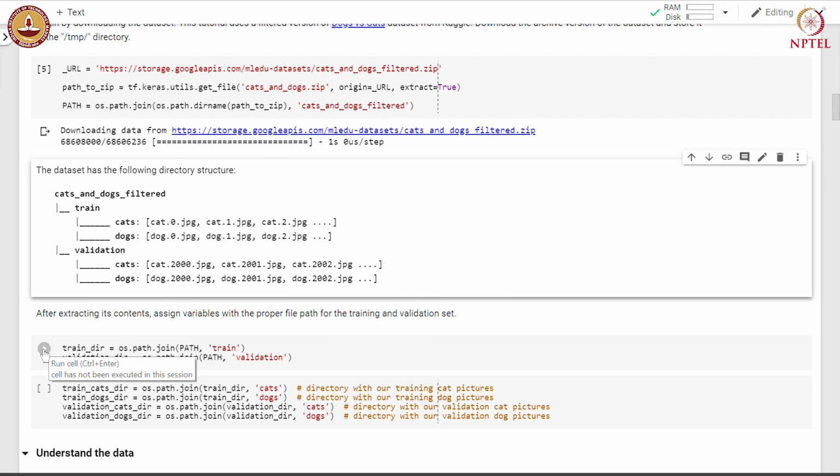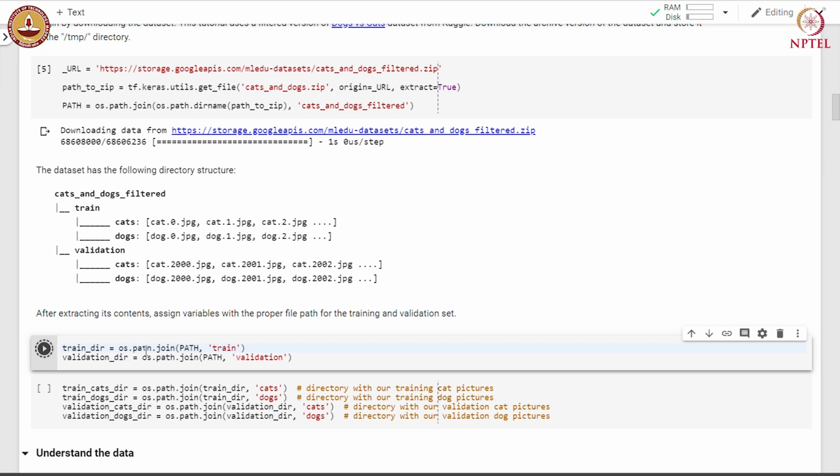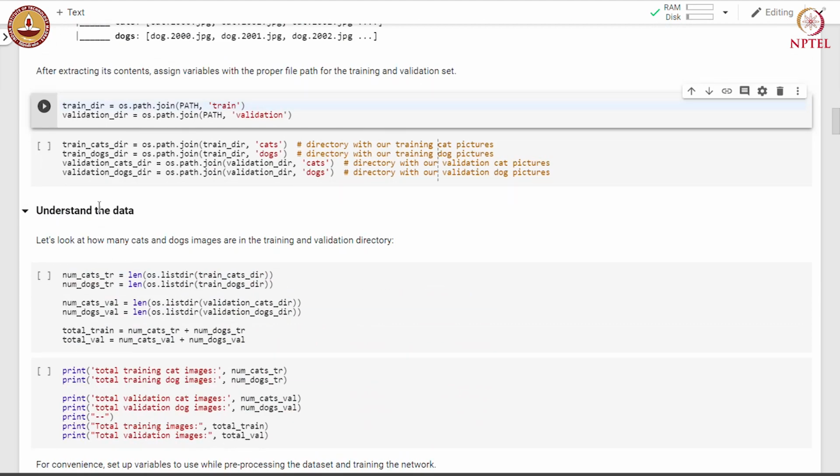After extracting the content, we assign variables with proper file paths for training and validation sets over here. Then we construct paths for training and validation directories for cats and dogs.